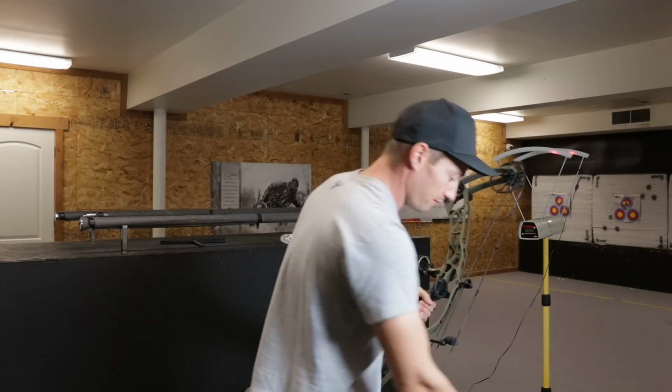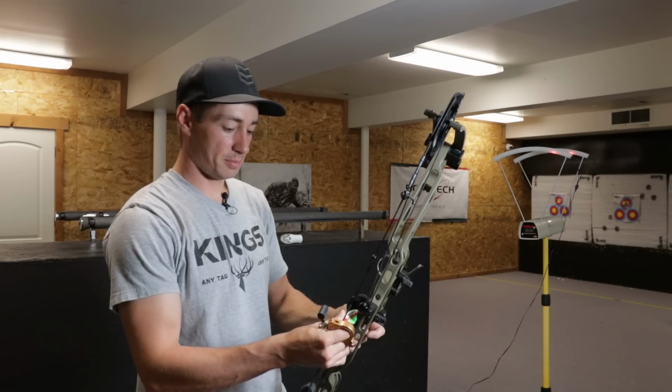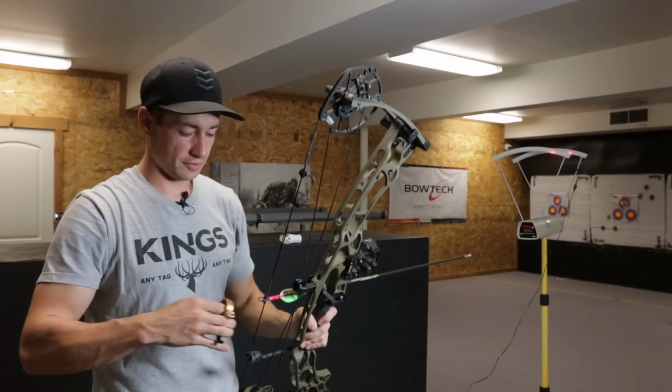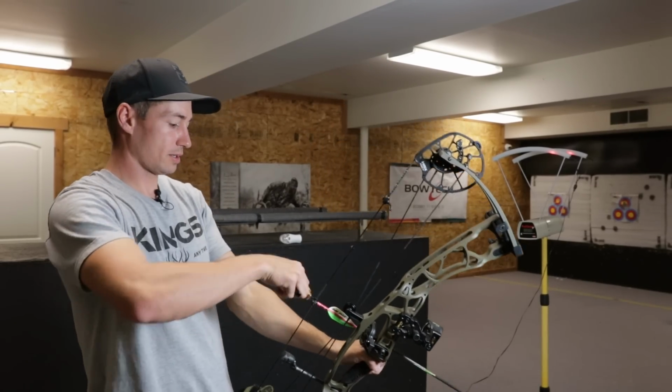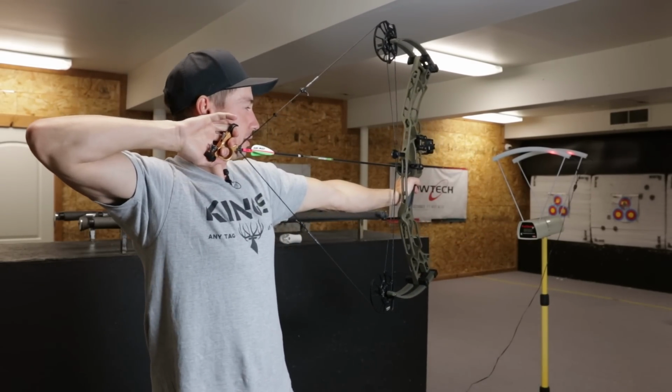Here's a 480 grain arrow. Right there at 279. Here is my personal hunting arrow setup, the Easton Axis long range. It's the 500 grain Easton Axis long range arrow. We are shooting